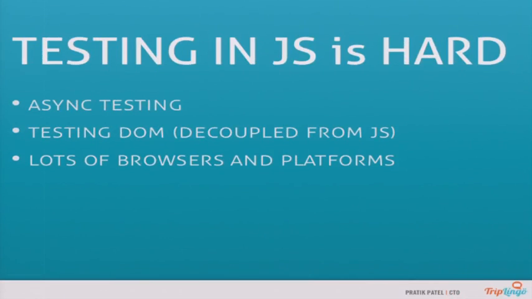I have those reasons on the board right now. One of the main reasons why testing in JavaScript is more difficult than testing in something like Java is because JavaScript is inherently an asynchronous type of platform, right? So when you make a network call, JavaScript doesn't block. It goes and fires the network call over here, and your main thread of execution keeps running. So you have to have the ability in your framework to be able to test those asynchronous type of things,